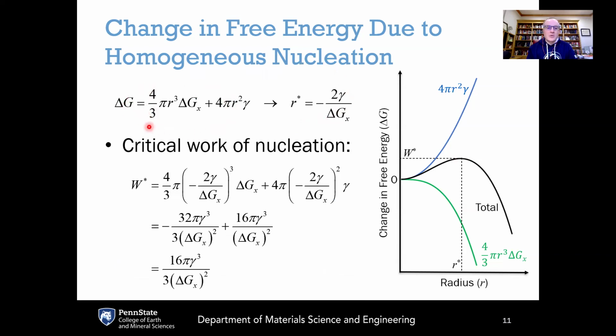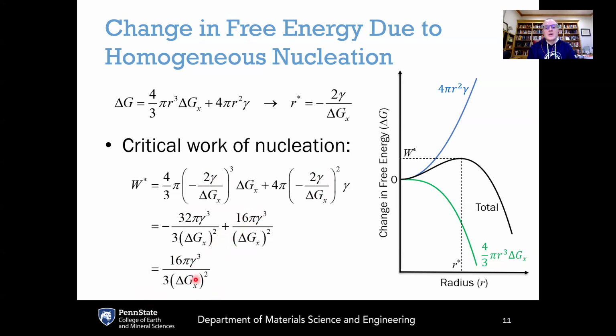We're taking our equation for the total Gibbs free energy and what we just solved for r star. We stick this into the cubic term for r cubed and for the squared term. When we perform those operations, the cube and the square, you get these two fractions, and then getting a common denominator by multiplying the second term by 3 over 3,